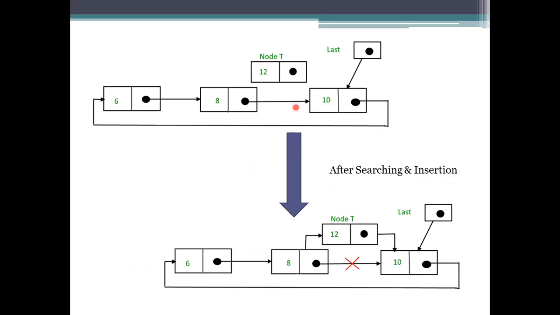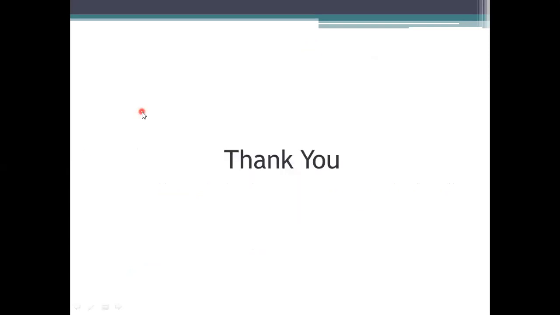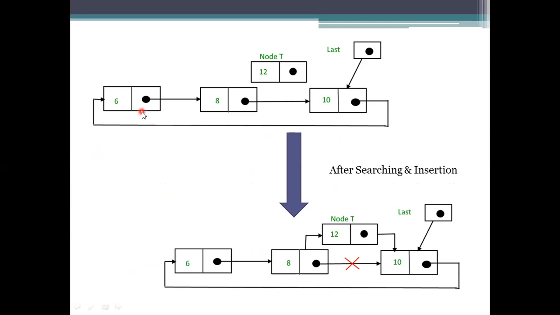If I want to insert that node here, that means before 10, before the end. So I can start searching from here, or I can start searching from here also. This is very simple for processing. We are taking a node value, that is 12, and this 12 value is being added in between. So first we need to search where we want to insert. If it is in front of the end, that means go for the last, and the last is very easy.